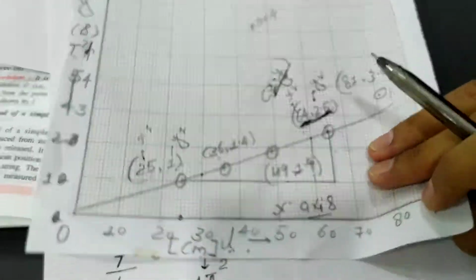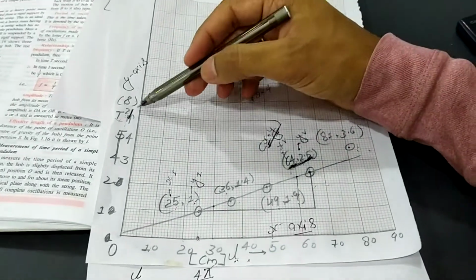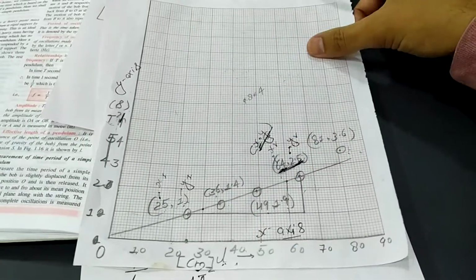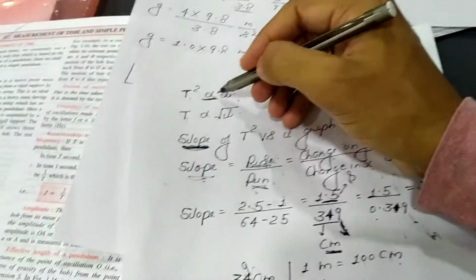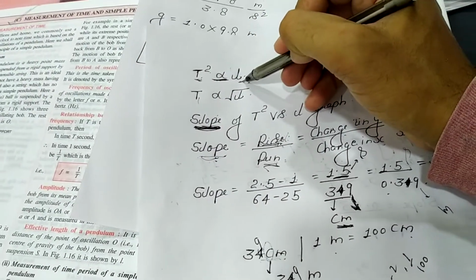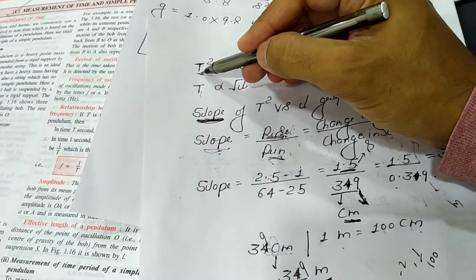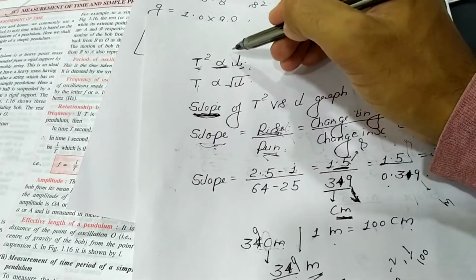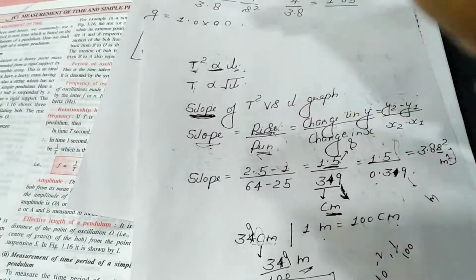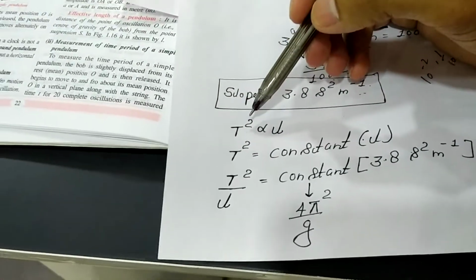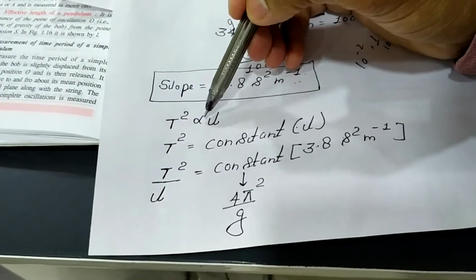Now, as I told you, the graph of t square and L is a straight line. If it is a straight line, we can conclude that they both are directly proportional to each other. I'll tell you what we mean by directly proportional. Directly proportional means as we increase one, the other will increase by the same proportion. If I double this time, the length will also get doubled. Obviously here it is a square, so we have to square. But proportional means if I increase one, the other will increase, and if I decrease one, the other will decrease. So from the graph I can conclude that t square is directly proportional to L.